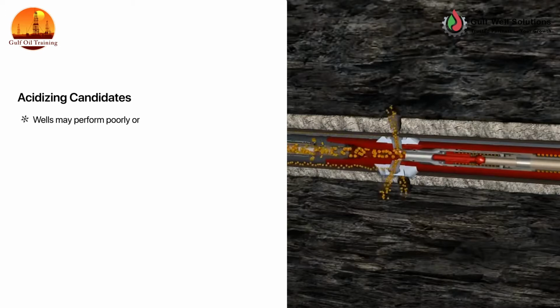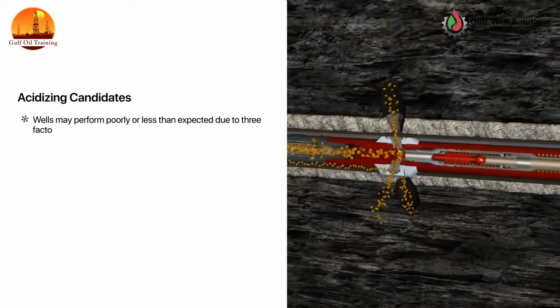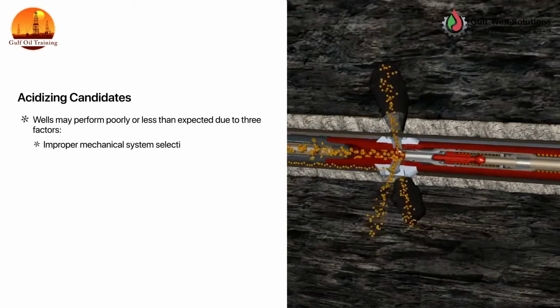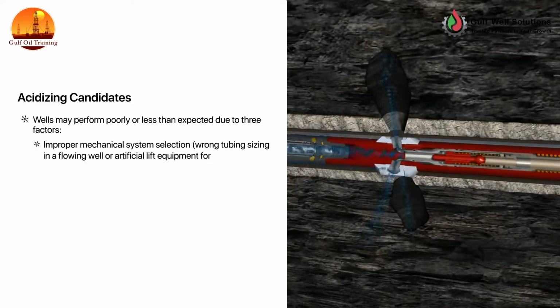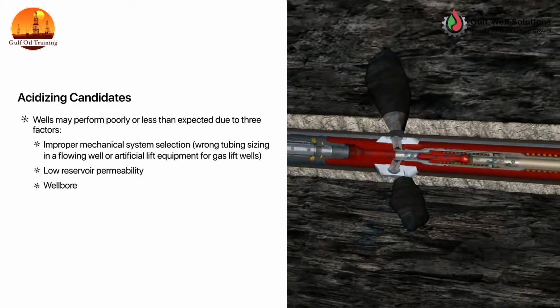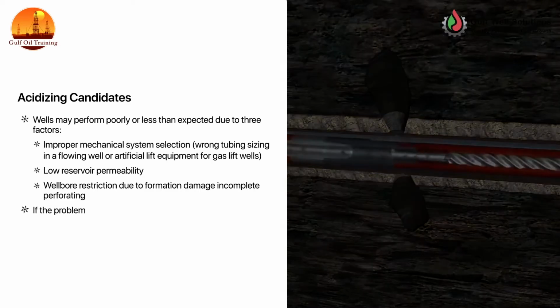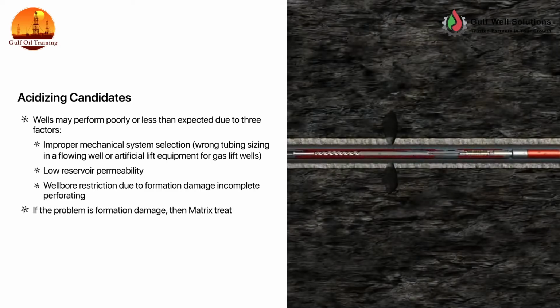Wells may perform poorly or less than expected due to 3 factors: improper mechanical system selection, wrong tubing sizing in a flowing well or artificial lift equipment for gas lift wells, low reservoir permeability, and wellbore restriction due to formation damage and incomplete perforating. If the problem is formation damage, then matrix treatment may be an appropriate treatment to restore